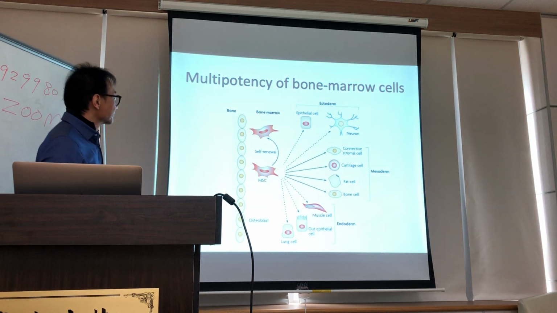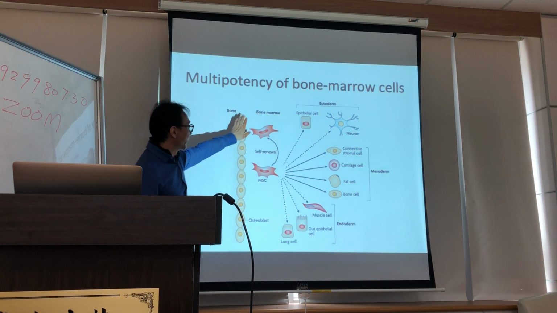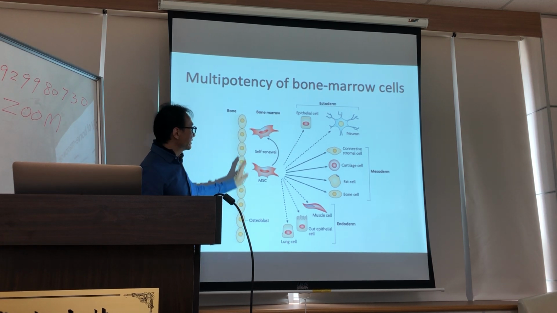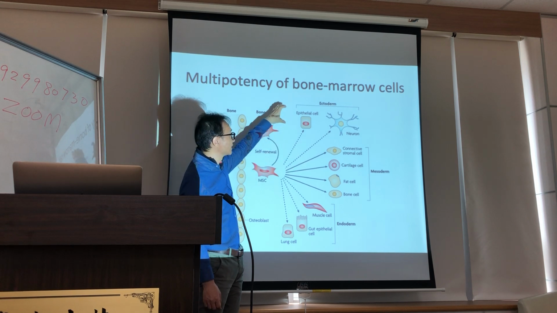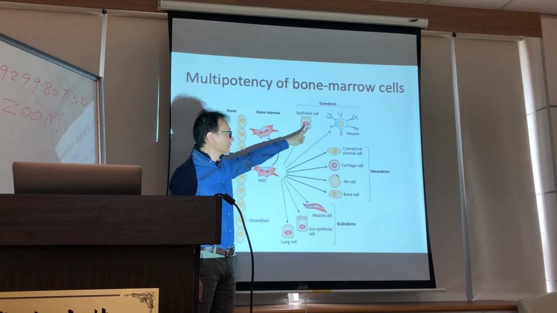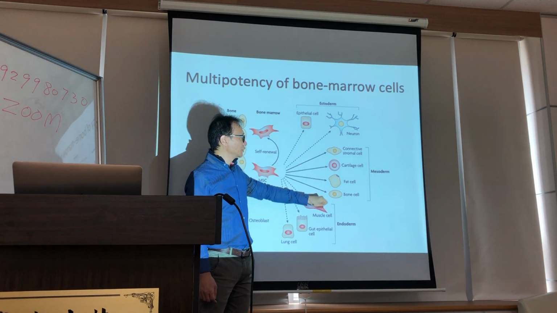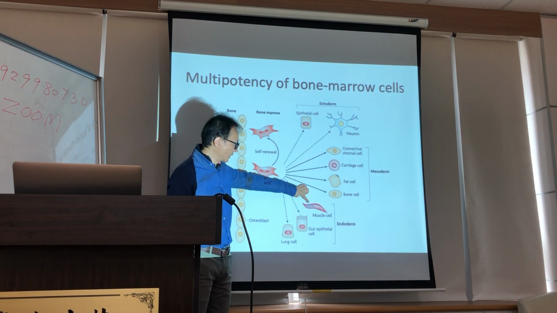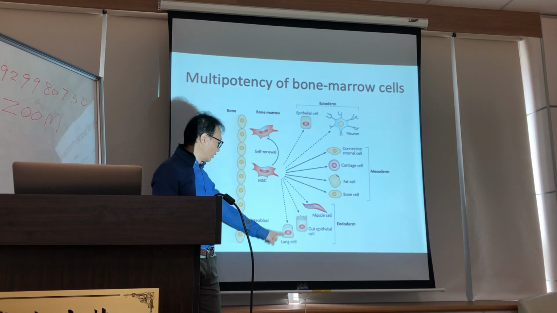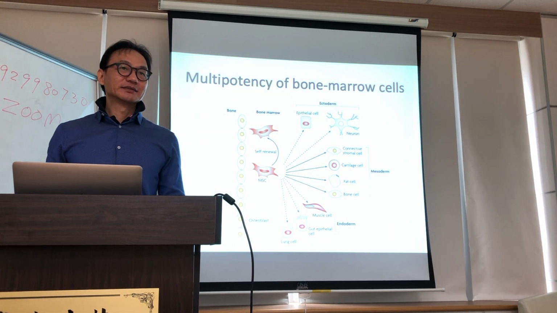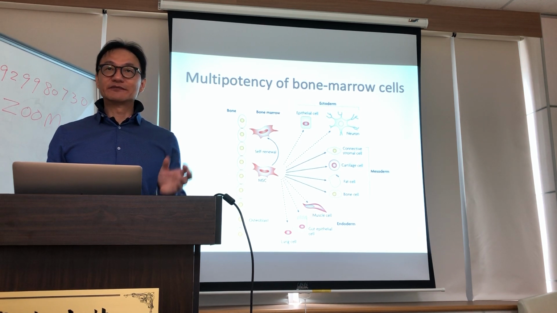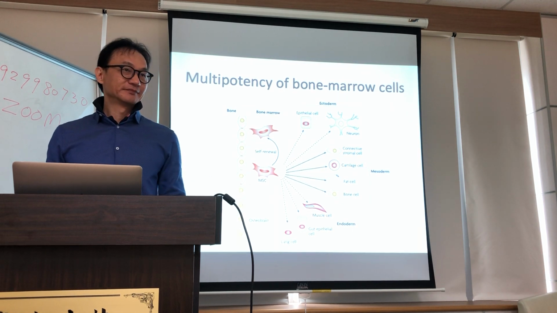So let's go further. Okay. You see, this is the bone, right? And bone marrow is inside the bone. Okay. So inside the bone marrow, you have what we call mesenchymal stem cell. Okay. And the mesenchymal stem cells are the origin of many professional cells. For example, epithelial cell, neuron, connective stromal cell, cartilage, fat cell, bone, okay, muscle, gut epithelial cell, lung cell, right? So when you see this diagram, you immediately realize that mesenchymal stem cells are the seed of all sorts of important professional cells, right? Including bone itself,